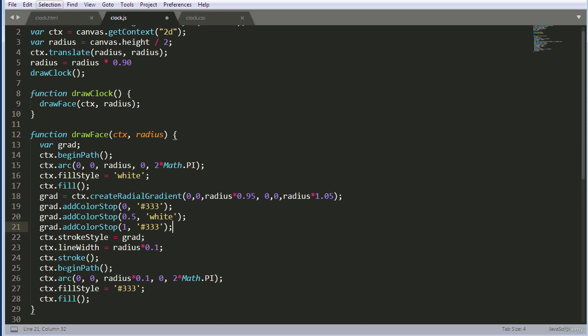Anywhere you see the beginPath method, basically means there's a path going on here. This is the beginning, and then it will end with the fill here. So this block of code here, 25 to 28, is used to draw the actual center for the clock. So that is basically it. I'm just going to save this,